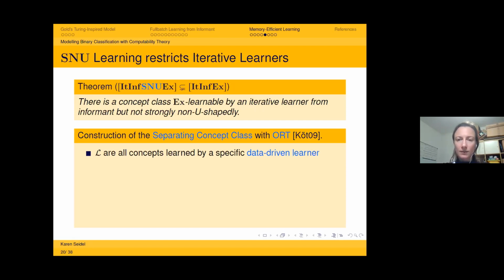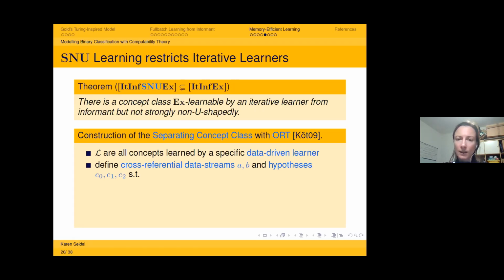First one defines a specific data-driven learner. You have seen earlier an example for a specific learner that was tailored for the proof when we talked about totality and consistency. And then one again, with the magic of this operator recursion theorem, defines these data streams that